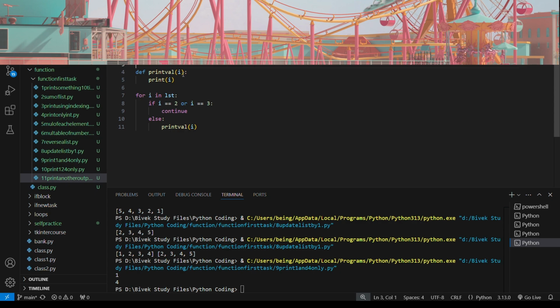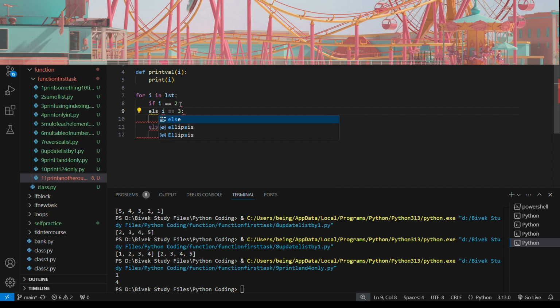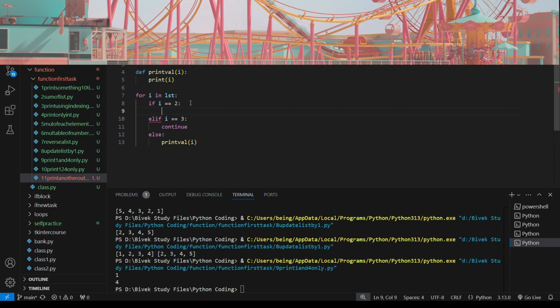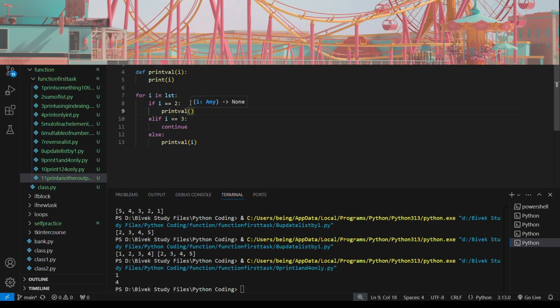So for that, similarly this, if the value is 2, we can also divide this if we end with elif. So if the value is 2, we can call again print val, and we can send the value A,